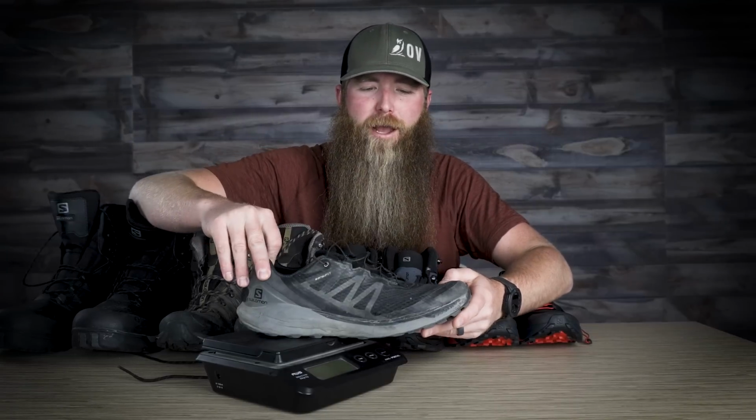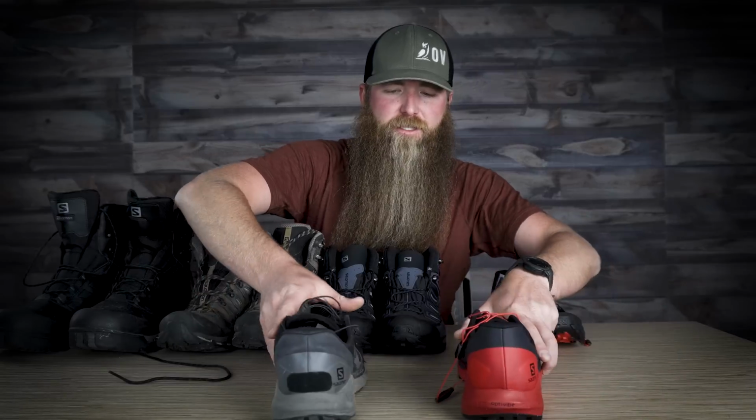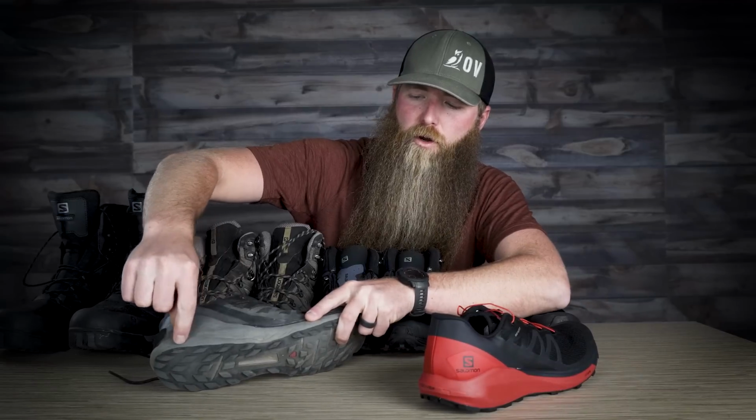All right, so before I get to my personal recommendations, we have 2 more things to cover. One is about getting the right fit, and the other is about when to change out your shoe. So right here is what I would consider a worn out shoe. It's the same model as this. I'm gonna move this. This is the Salomon Sense Ride Force. This has been an awesome shoe for me in trail running and hiking. But you'll see as you kind of look through these, let's say along the side here, there's a ton of stress markers in here. I've got a little hole right there. Obviously this pair of shoes is now retired from the trail, but I've still worn it sometimes on a daily